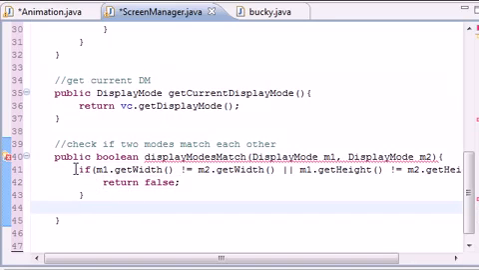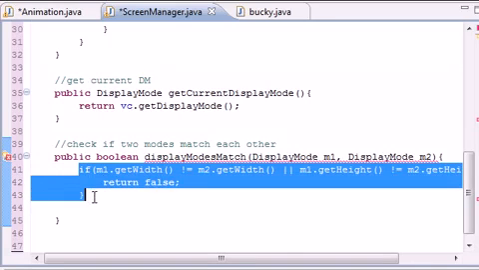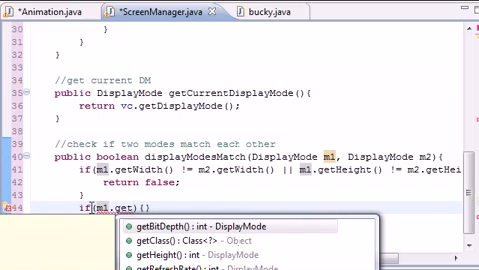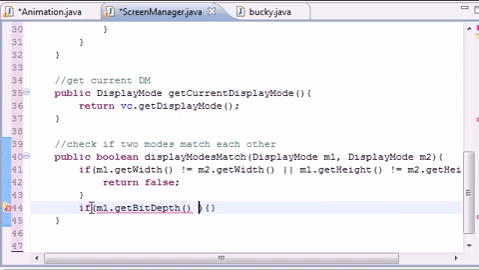So now that we've got the width and height under control, this is the resolution. We need to make another check for bit depth, and the bit depth is pretty much how many colors it can display. There's a little more to it, but in essence that's what it is. So if m1.getBitDepth is not equal to m2,